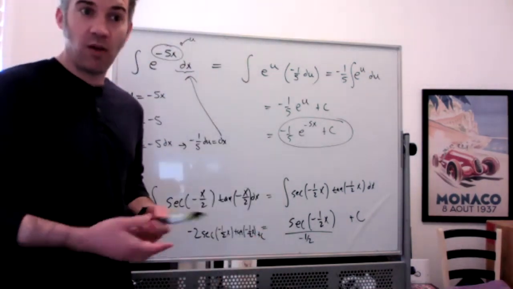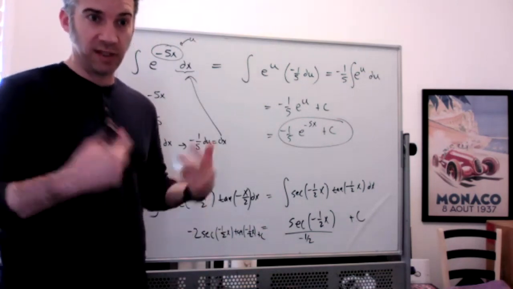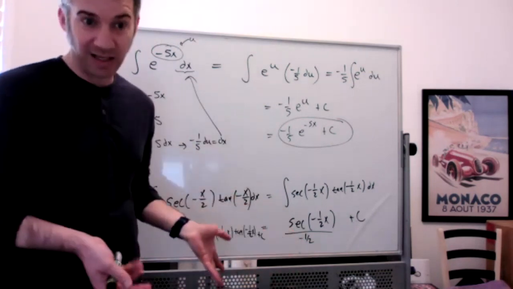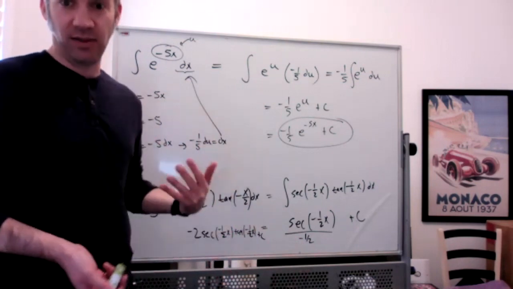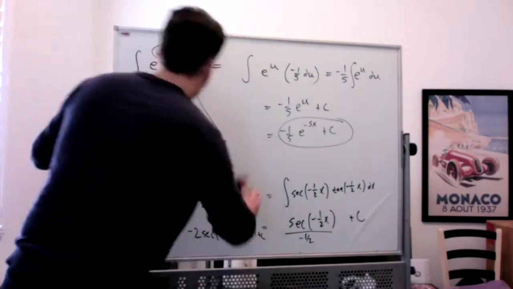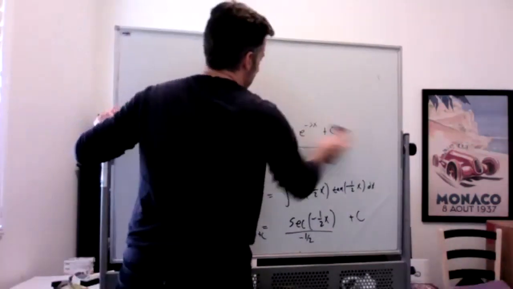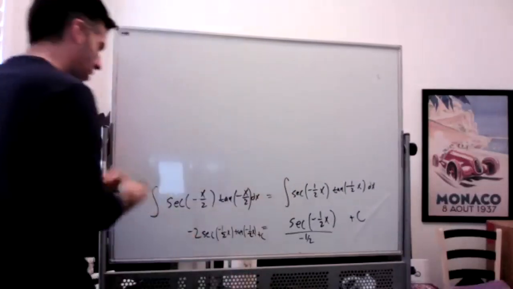So these come up a lot where you have a function you know how to anti-differentiate, but the insides are something times x. You just divide by that something you're multiplying by x. You can also do the substitution. Like for this problem, we totally could have written it out. We totally could have said, okay, I'm going to do